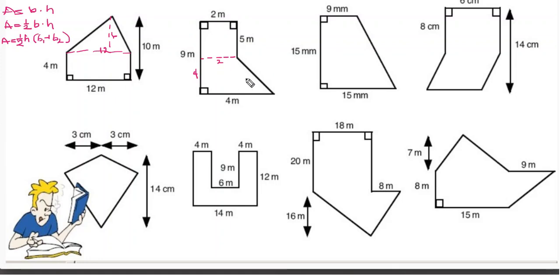And then I could solve for the area of this, and I could then add those together, and I'd come up with the total area of this composite figure. Okay, this is just a trapezoid. If you wanted to, if you don't like the trapezoid formula,